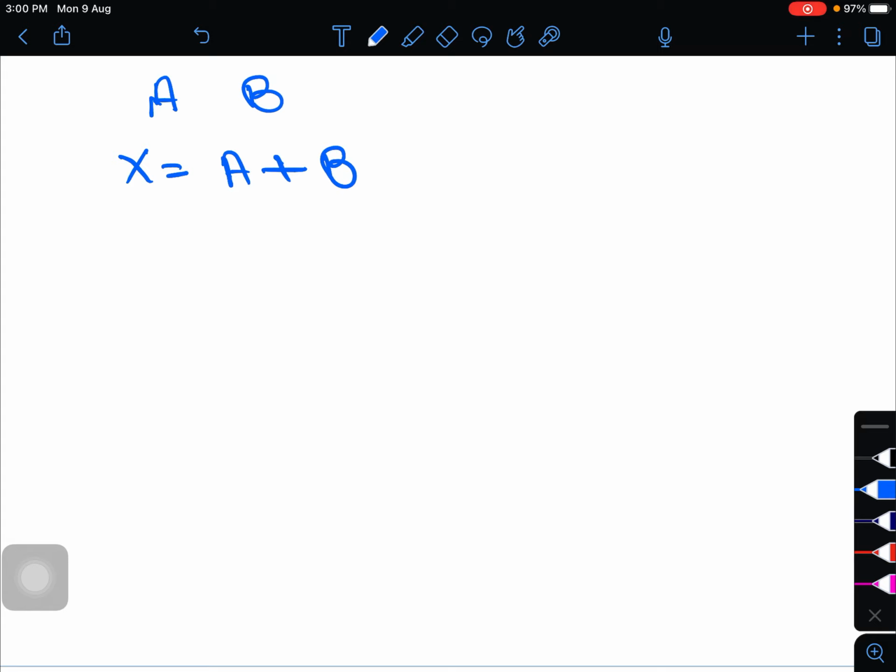So we have to inform the computer which kind of value you have to store. So before using this in the program, it must be declared somewhere in the program. During program execution, the value of A and B may change. So the value of x